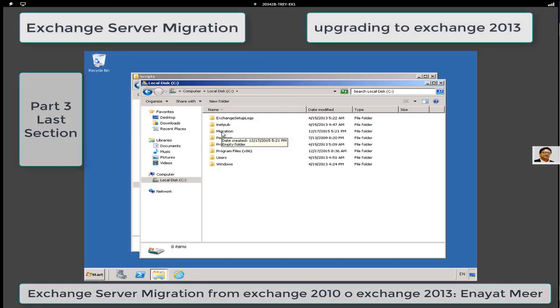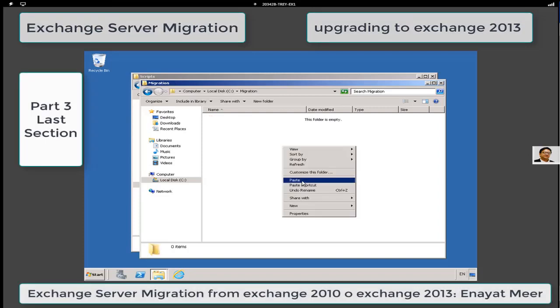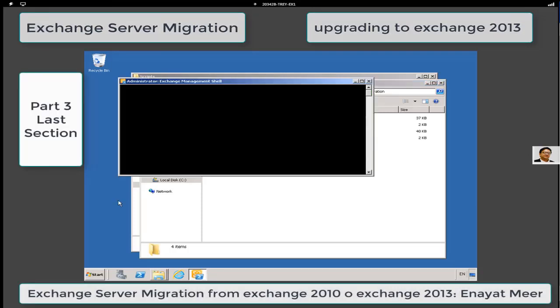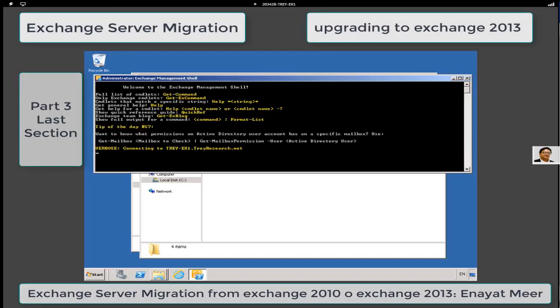on a root drive here. That folder name is migration, so I am going to paste those scripts right here. Okay, so again we copied 4 scripts from Exchange Server 2013. We pasted those 4 scripts into Exchange Server 2010 into your local drive, because we are going to use these